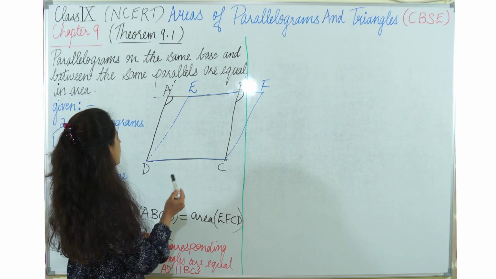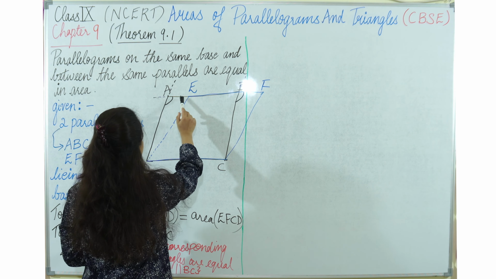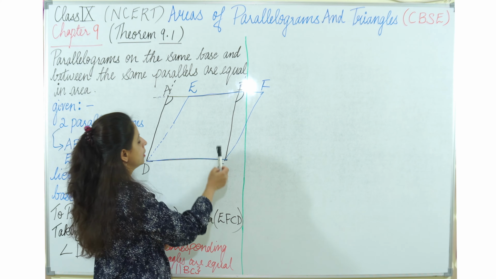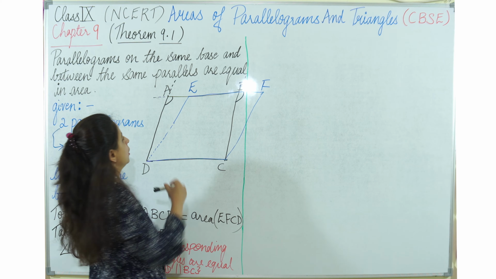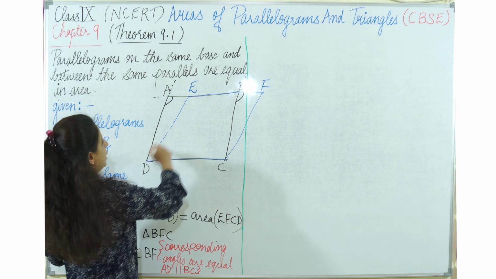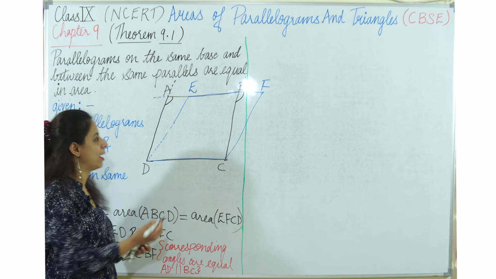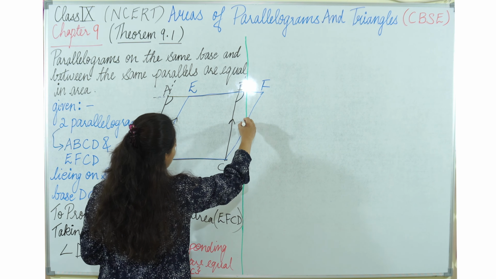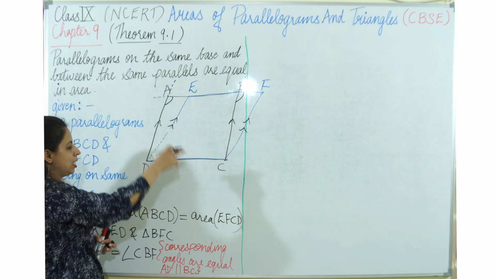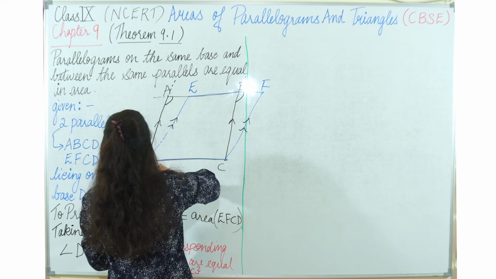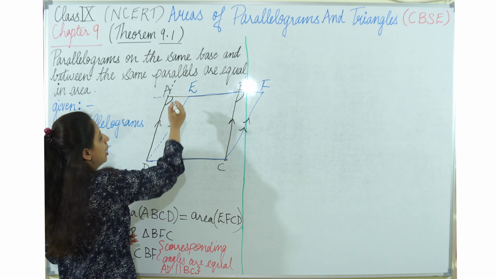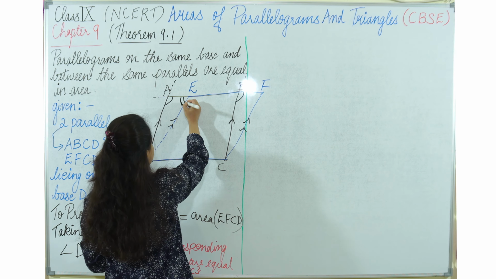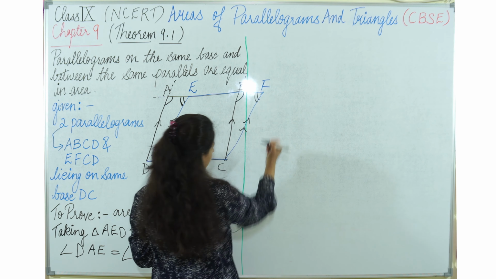Then from here also we can clearly say that my angle DEA is equal to angle CFE, because DE and CF are again parallel. Over here these were parallel, and now we can say these both are also parallel, because this is also a parallelogram EFCD. So DE and CF will be parallel, and again the second set of corresponding angles will be formed over here, so they will also be equal.